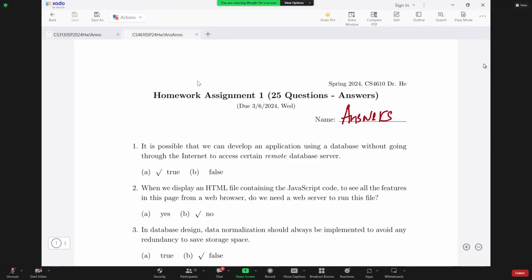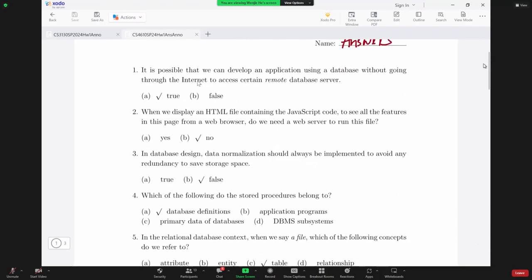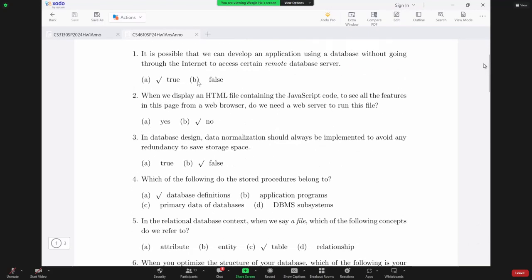First few questions. Question number 4. I saw a little more, several students missed that. The answer is A, database definitions, but several students select D,